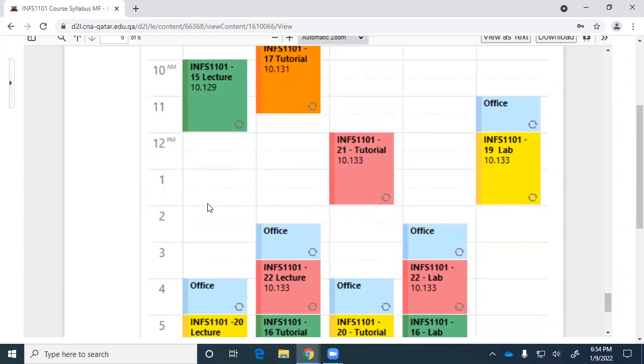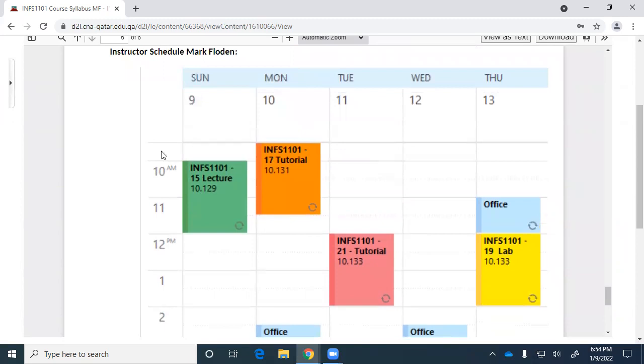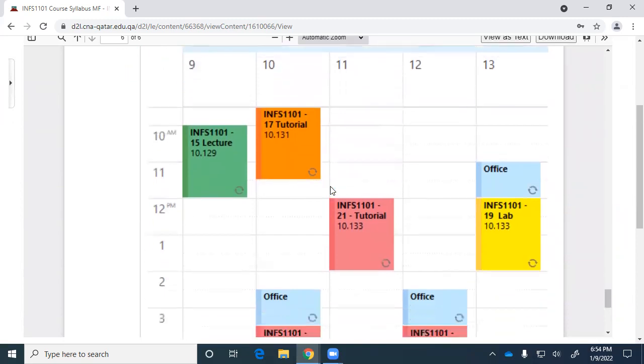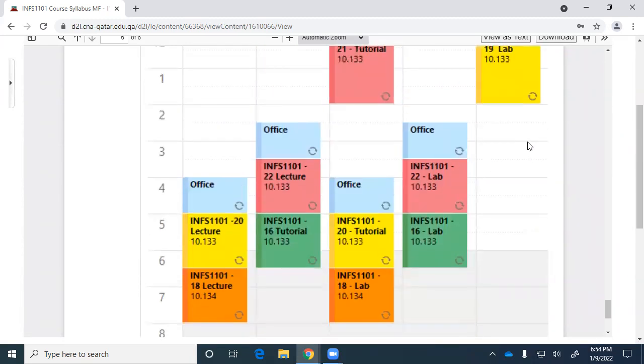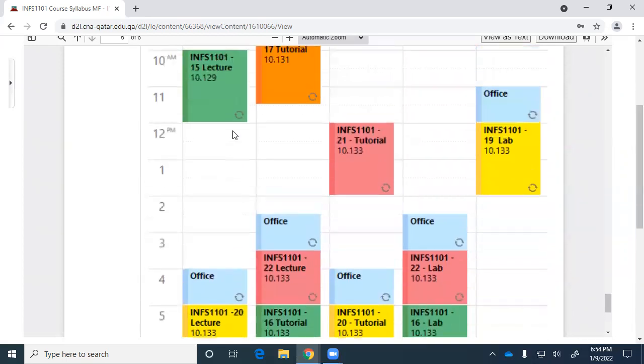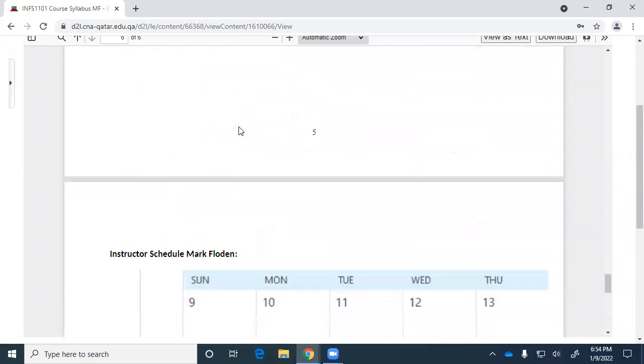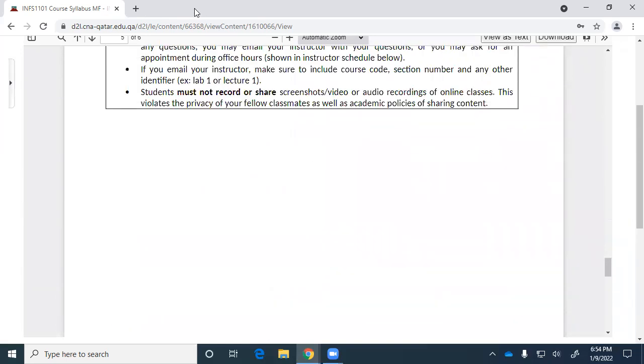So I might be out walking around the college, or I might be having my lunch, but I might be in my office too. And I don't mind if you come and see me. But maybe in this time before 10, I might not be around. Don't come looking for me on Thursday afternoon. I can tell you where I'll be, and it won't be in my office. All right, so you're welcome at the other times.